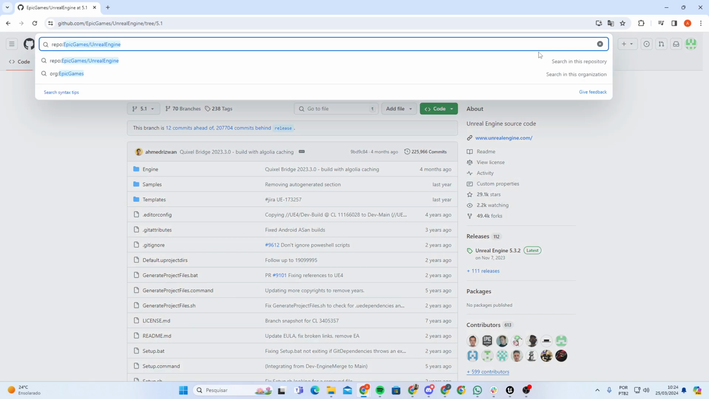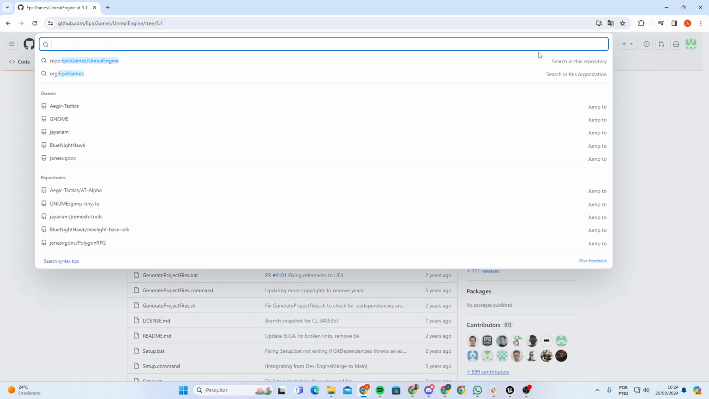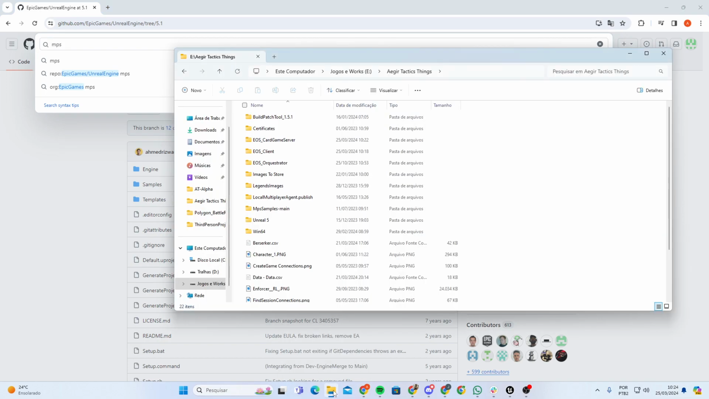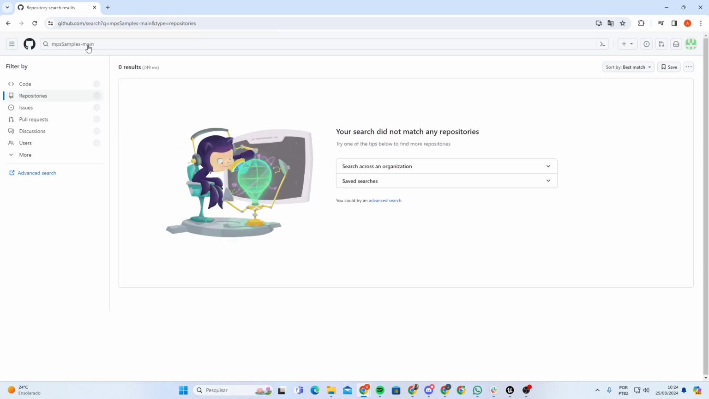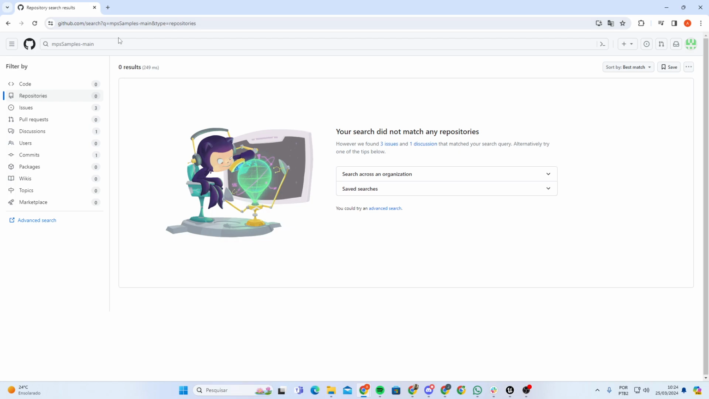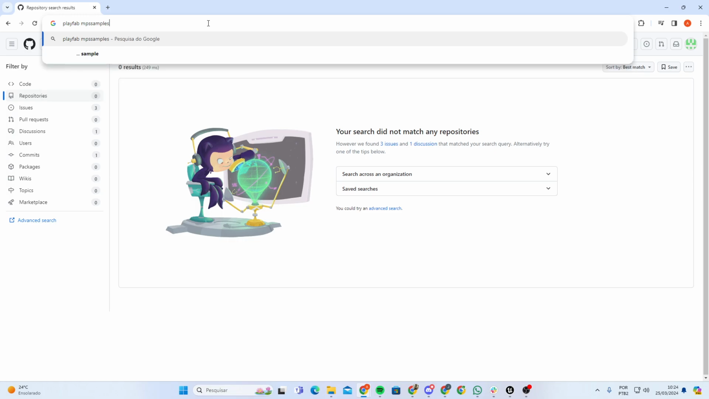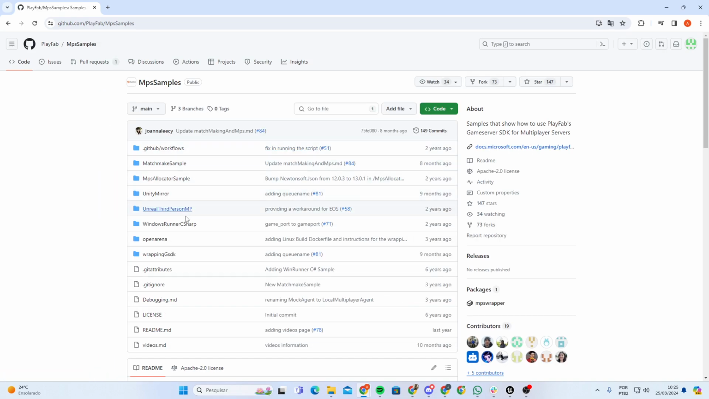You will need to come here, MPS, which is the name, MPS samples main. It was on the Playfab. Okay. Playfab MPS samples. It's here, Playfab MPS samples. You will need to take this GitHub